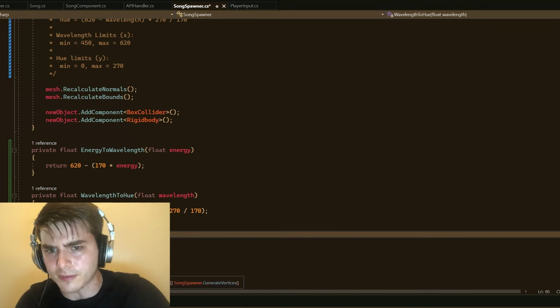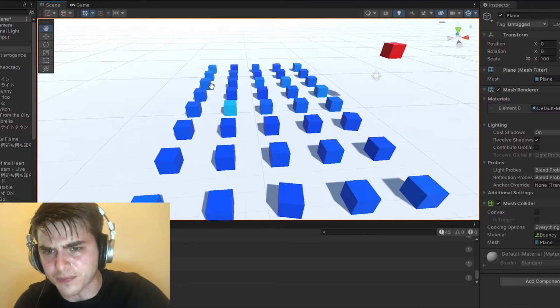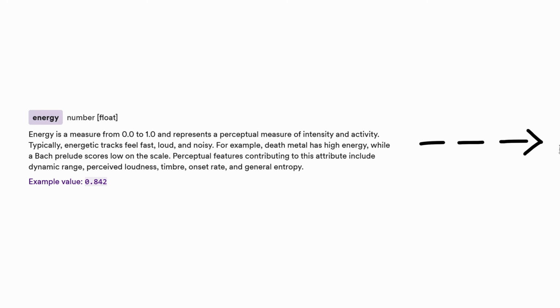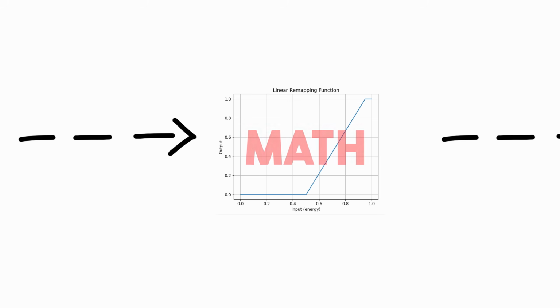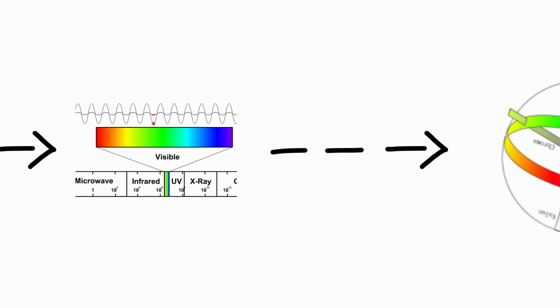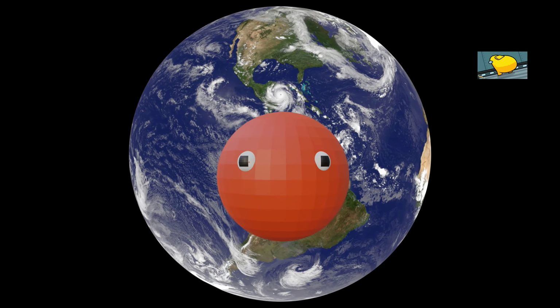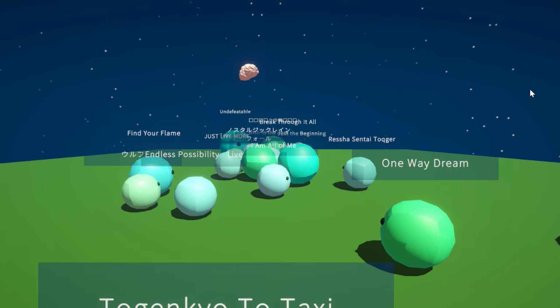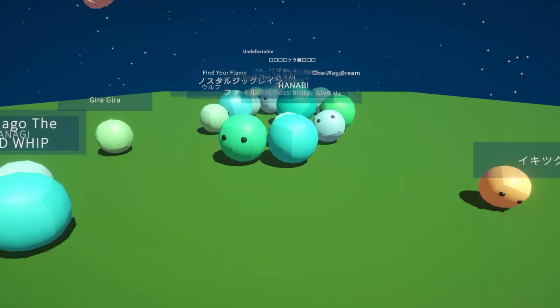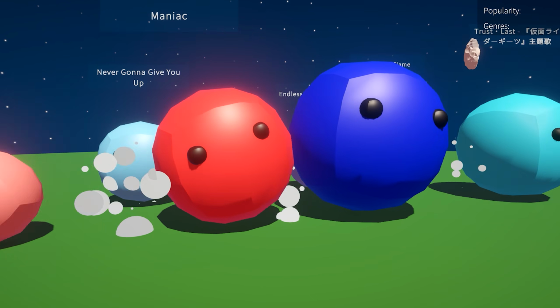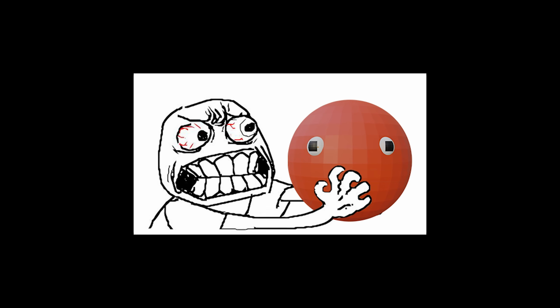Now I know that you don't care, but I spent way too much time trying to get something that I was happy with, so I'm just gonna briefly mention how I went from these stupid numbers here to this. The color is determined by the energy of a song, so what I do is that I map the energy, which is a value from 0 to 1, to a wavelength in the visible spectrum, and then map that to a hue to get an RGB color. And for the size, it's pretty much the same thing, except that I use both the tempo and the energy. And at the end, everything is controlled by these cute little math functions here, so I can change the appearance of the monsters like this, or like this. And it only took me 2 weeks.